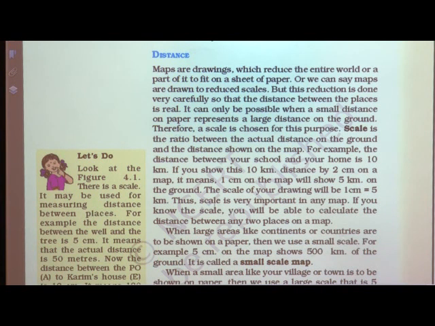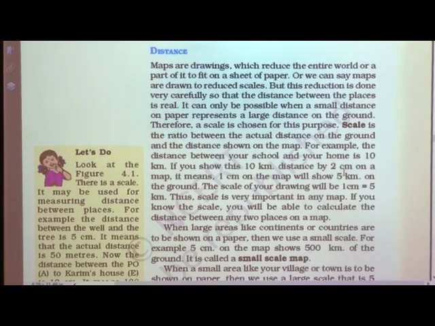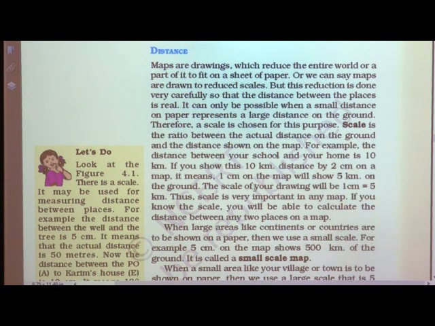This can be done like this. For example, the distance between your school and home is 10 kilometers. If you show this 10 kilometer distance by 2 centimeters on a map, it means 1 centimeter on the map will show 5 kilometers. So, we can assume on the map that 1 centimeter is equal to 5 kilometers.